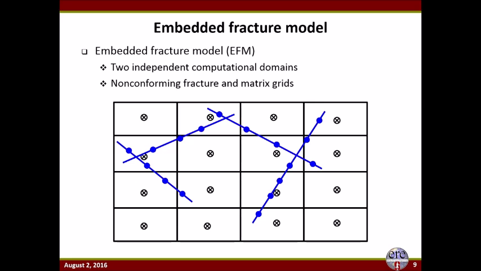So I have the blue lines as my simple fracture network, and I'm just overlaying the matrix grid on top of it, and you'll see that here I'm just showing it as a simple structured Cartesian mesh, and any place where these two domains overlap, they simply pick up this coupling term. And like I said, we'll go into it in more detail on the next slide, but the coupling term really just looks like a source term, the way that we treat a well in a traditional reservoir simulator. So now as new fractures propagate through the reservoir, we simply turn on a source term just like we turn on a well in a conventional model.